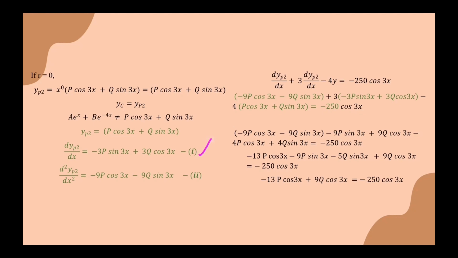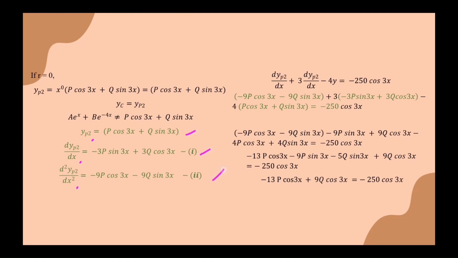So this is our first derivative, and we need to differentiate it again. So we get d²y/dx² equals negative 9p cos 3x minus 9q sin 3x. Once we have determined the first and second differentiation of yp, we need to